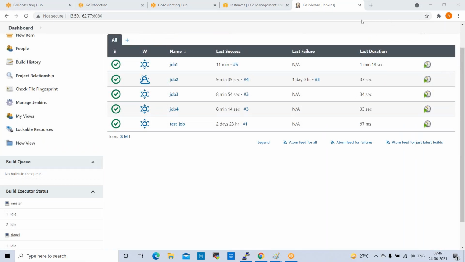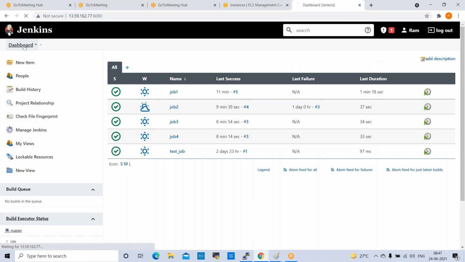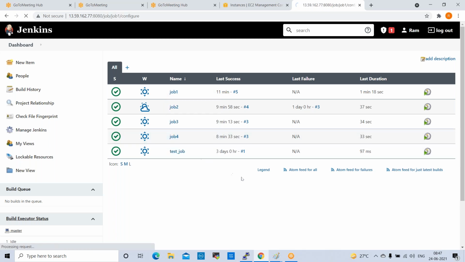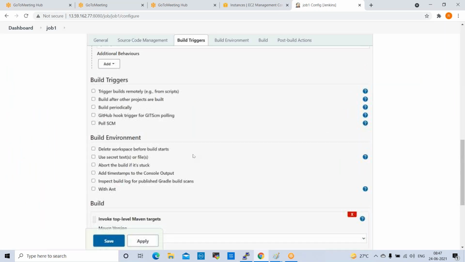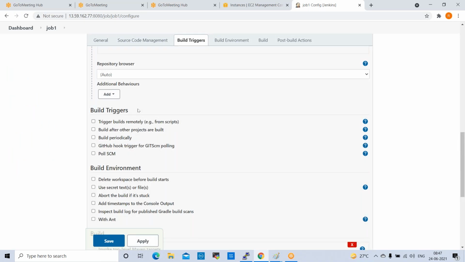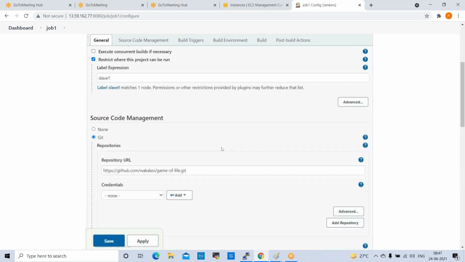Similarly, there are other options like build environment. Can you explain what that build environment is? When we work on that, definitely I'll show you. Don't worry, don't take tension, we'll cover all these things. Here in build environment also we have some options, and when we work on this, I'll show you. Here are build triggers: Poll SCM is there, Poll SCM is a schedule. Here we schedule. While working on this, I'll explain. Don't worry.